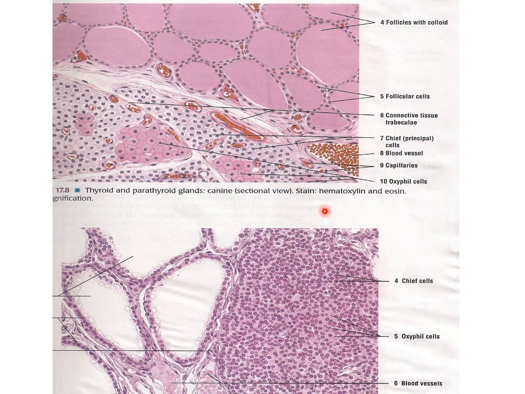Here these slides are stained with the normal routine method of H&E stain. You can see that along with the thyroid gland and its histological structure, there is also this population of cells present in clusters and cords. These lightly staining, lightly acidophilic cells are basically the chief or principal cells in the parathyroid gland, which have parathyroid hormone secretory granules in their cytoplasm.